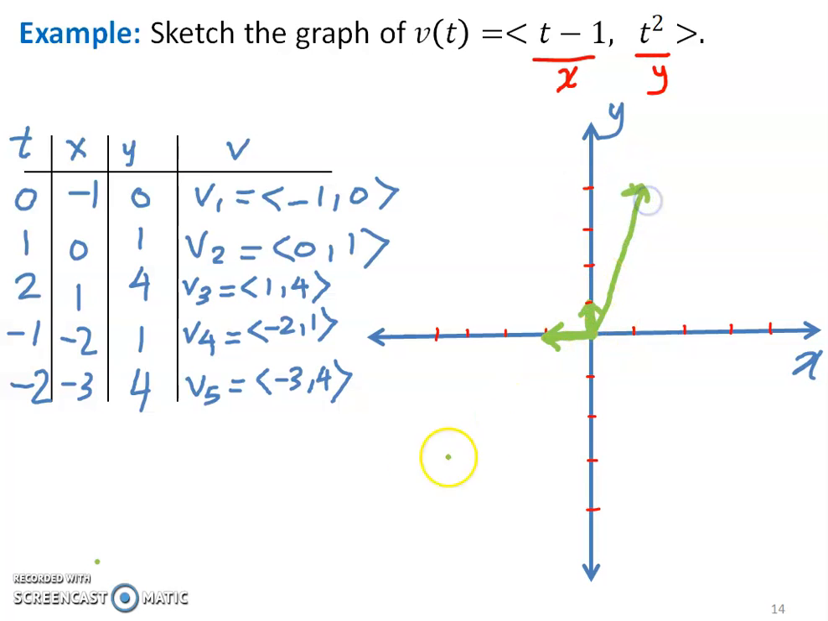It will be this vector. And then minus 2, 1. And minus 3, 4. So we get the following 5 vectors. And if we want to find the graph of the curve traced by the following vector function, we're going to get